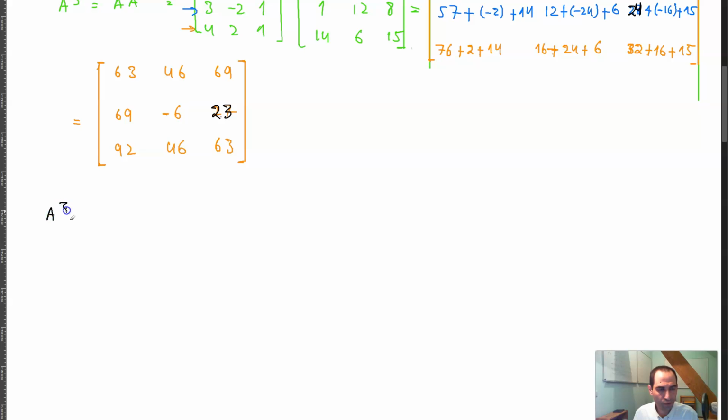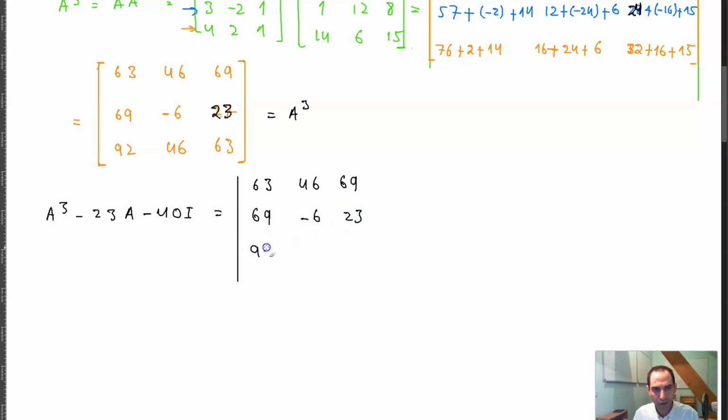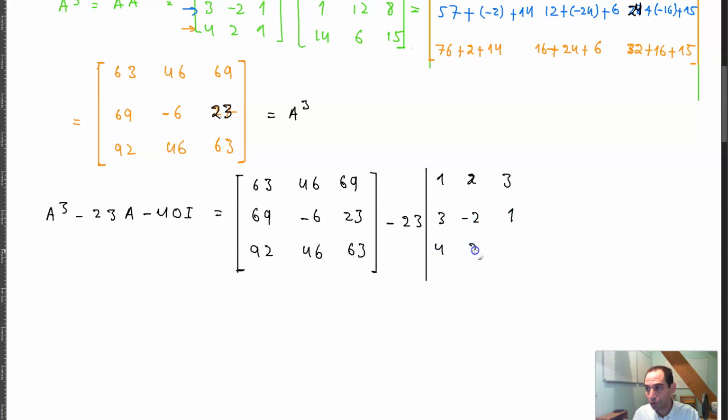So if I write a cubed minus 23a minus 40i, this is a cube, so I write this as 63, 46, 69, 69, negative 6, 23, 92, 46, 63, and that is a cube, minus 23 times A. A was 1, 2, 3, 1, 2, 3, 3, negative 2, 1, 4, 2, 1,